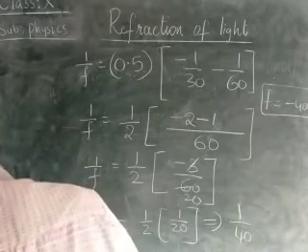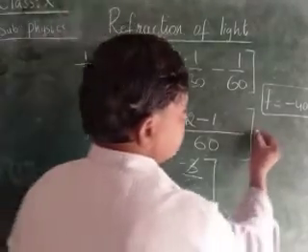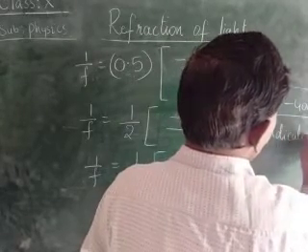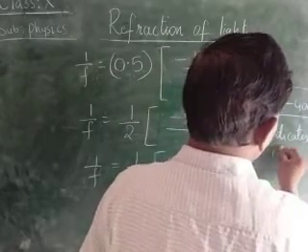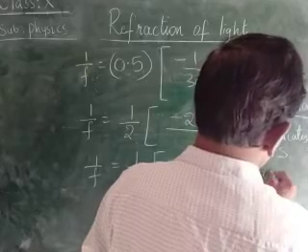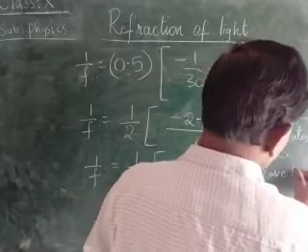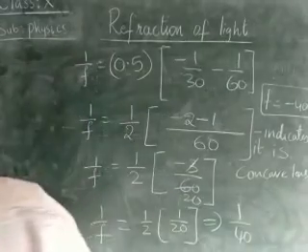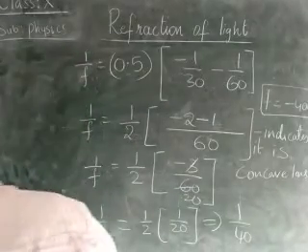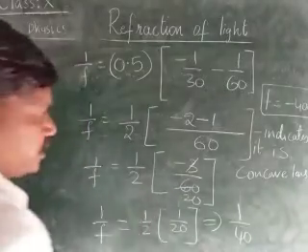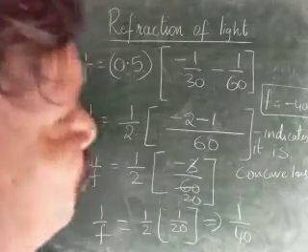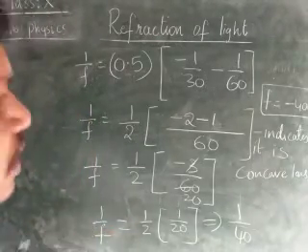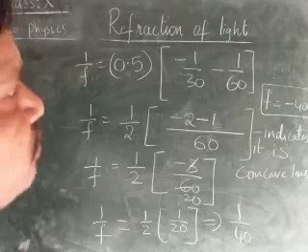Okay, children, here minus indicates it is a concave lens. The lens is a diverging lens. Children, in the calculation part, in some textbooks it is given as minus 120. It is not minus 120, it is minus 40, children. Okay, make a note of it. It is minus 40. Why?